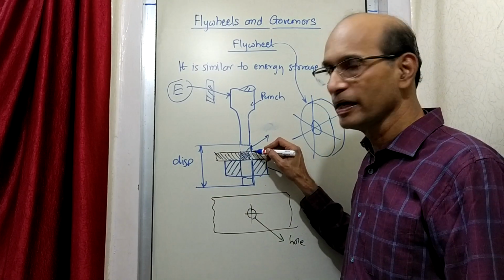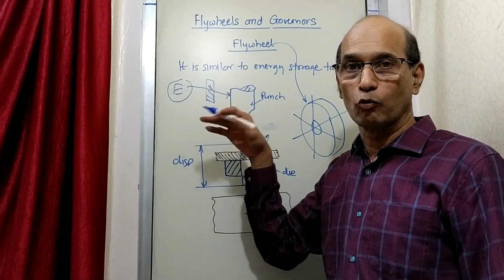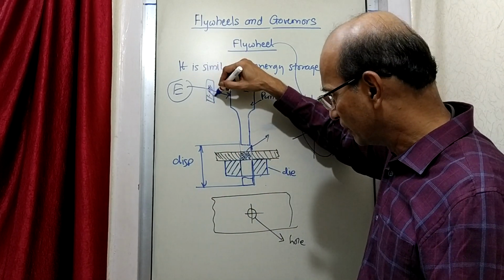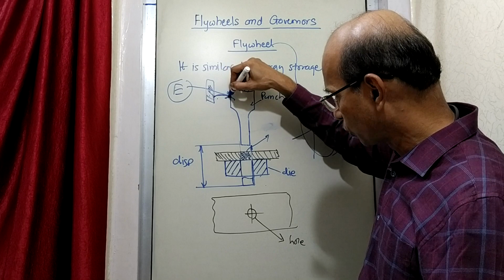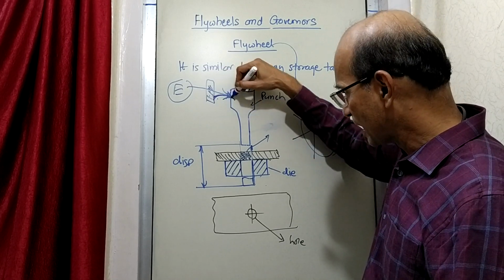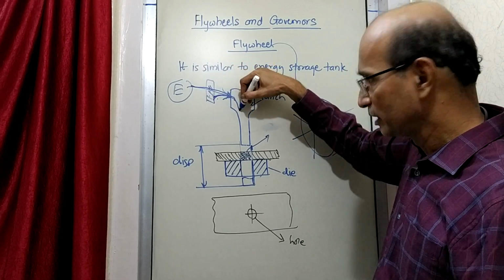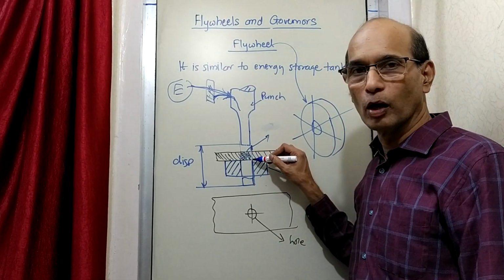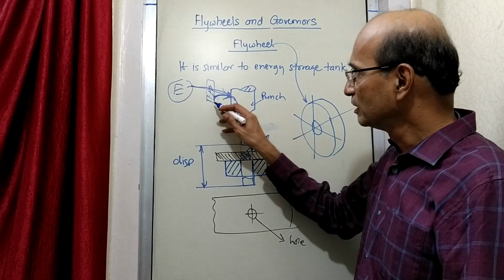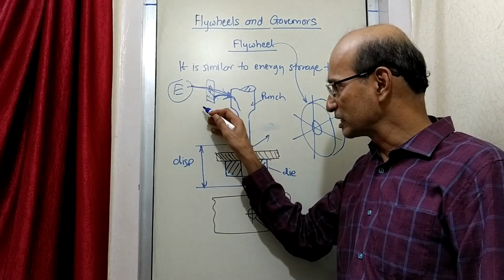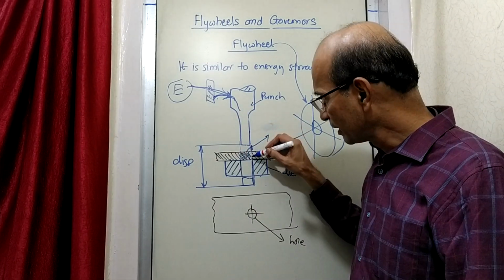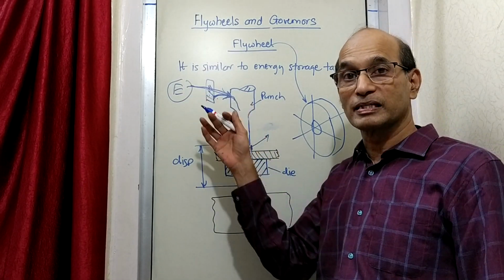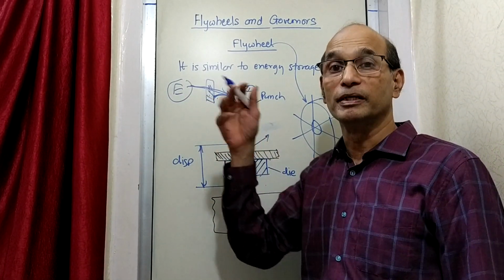So when it touches, actually the supplied energy is less, it requires more, so the excess has to come from somewhere. So the energy that was stored in the flywheel is added. Whatever is stored in this reservoir, storage tank, it is added to the supply. So you get the extra energy and the cutting action takes place. Once the cutting action is over, first of all, when the cutting action takes place, the flywheel speed will come down because it has supplied the energy. Now when the cutting action is over, the requirement is very less, still it is getting the energy, so again the excess energy is stored in the flywheel, meaning its speed increases.